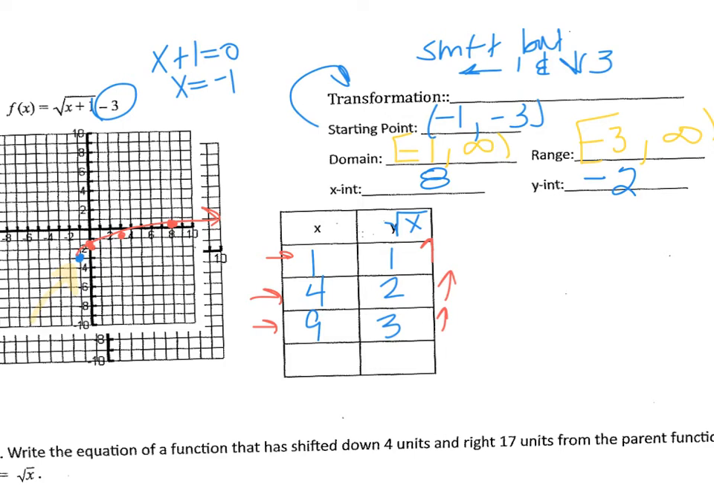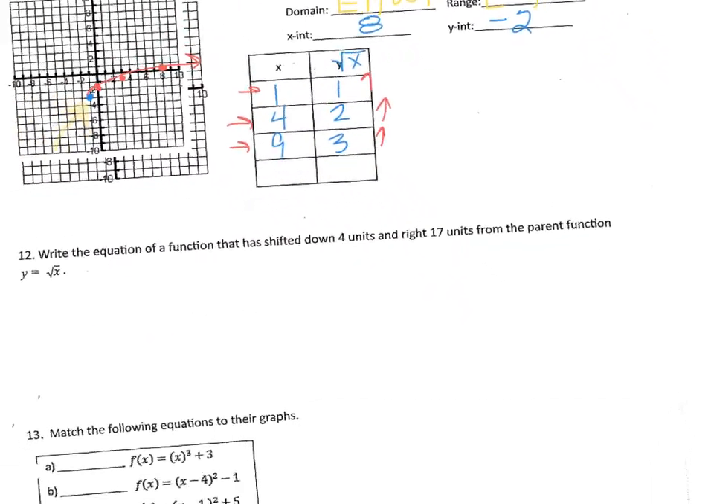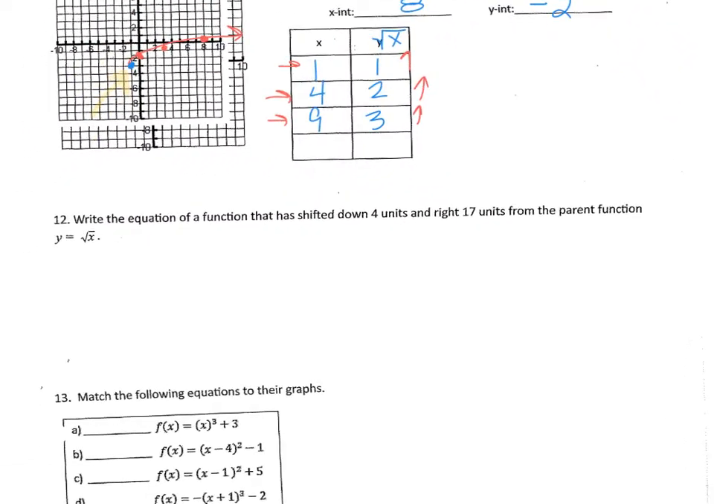Okay, while we're at it, why don't we go ahead and do one of these equations down here at the bottom. So this time what you're doing is taking the information and writing the equation. It says write the equation of a function that is shifted down 4. I like to draw